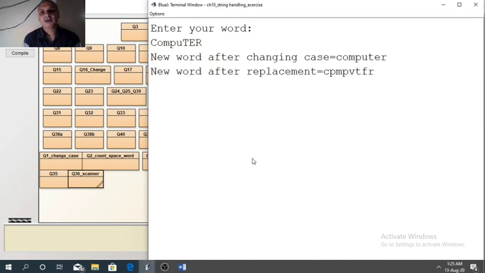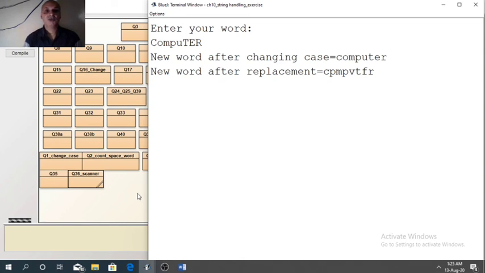Now the new word after replacement. You can see o is replaced with p, u is replaced with v, e is replaced with f. So vowel is replaced with next character and the other letters are added as it is.